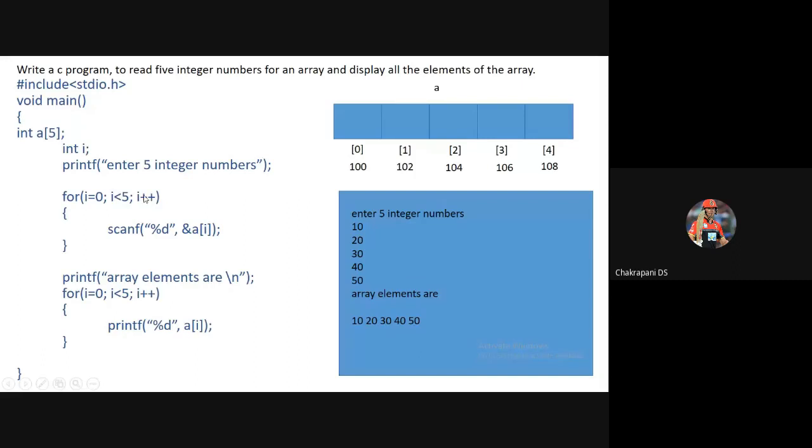Now observe, there is a variable called I. I have already told you that I is mainly used for index values. Now, why am I writing I is equal to 0? Because the first number which the user enters and which the program reads should be stored in the memory block with the first index value. What is the first index value? That is 0. That's why I'm writing I is equal to 0.